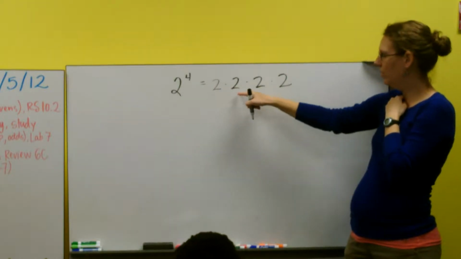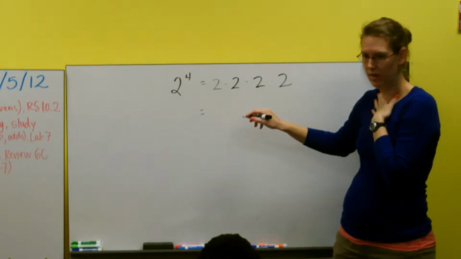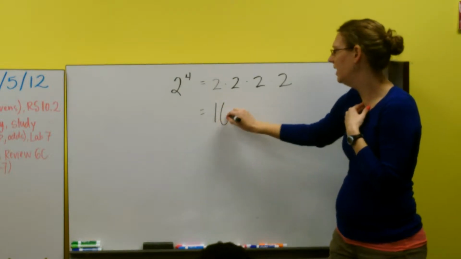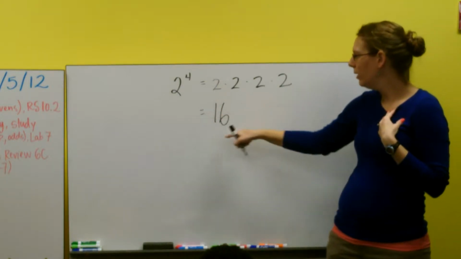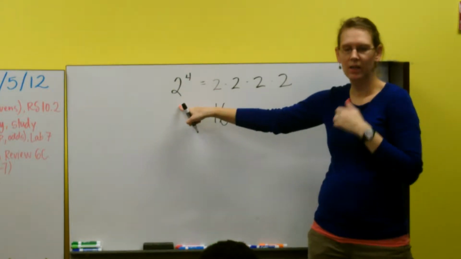What's 2 to the 4? 2 times 2 times 2 times 2 is? Come on. 16. Good. 16. Alright, so if we wanted to know 16 to get it back down into a smaller number,